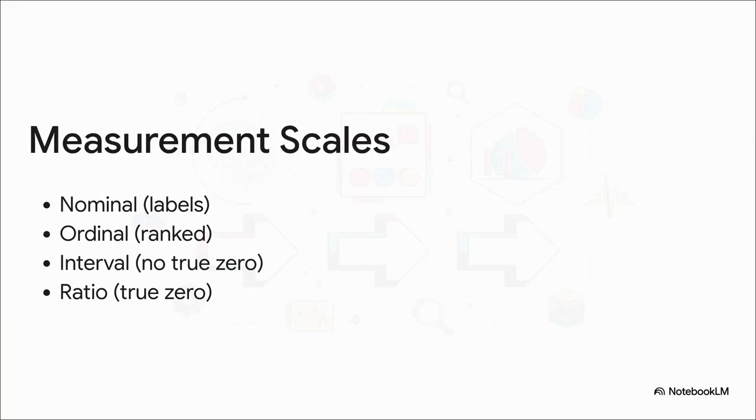Now, let's look a bit closer at measurement scales, because these dictate exactly how we read the math behind those numbers. Nominal data is simply organized by labels or names, like organizing cars by color. Ordinal data introduces an order or rank, like coming in first, second, or third place in a race. Then we step up to interval data, which features equal units of measurement, but without a true 0 point. Think about measuring temperature in Fahrenheit. And finally, ratio data, which has equal units and a true 0, like measuring physical distance. Knowing exactly what scale we're using tells us what kind of complex mathematical analysis we're actually allowed to perform.